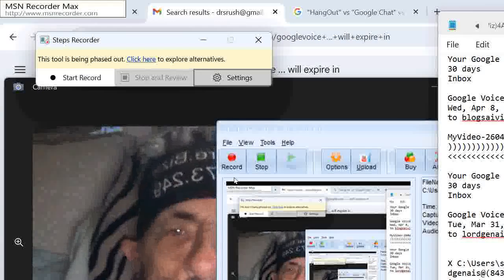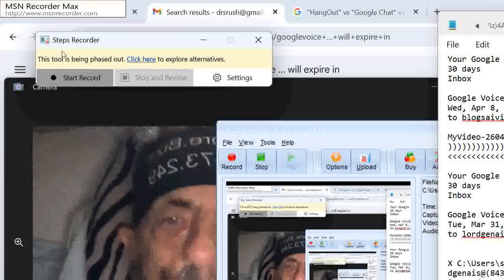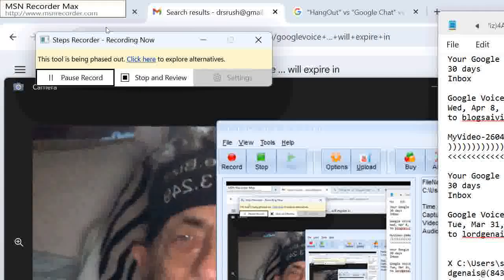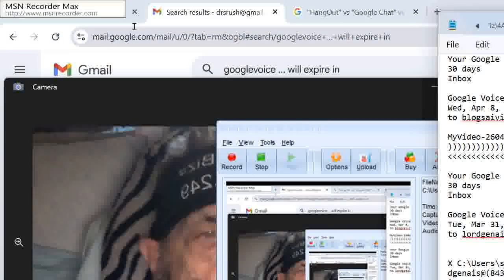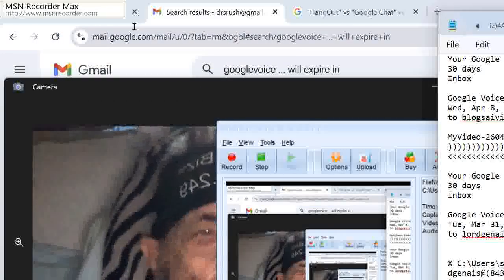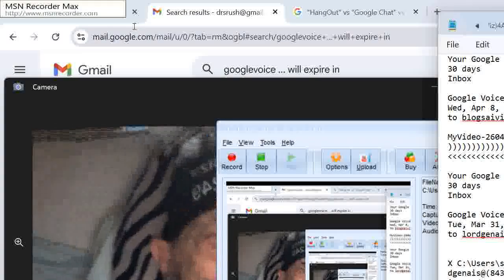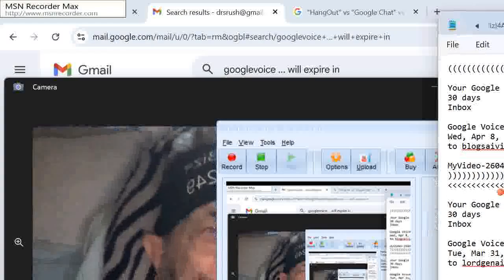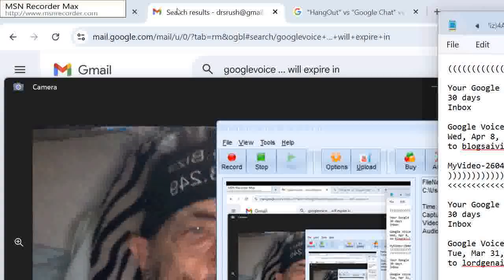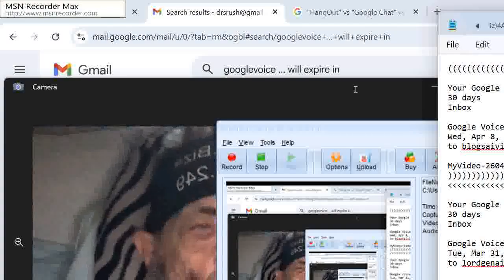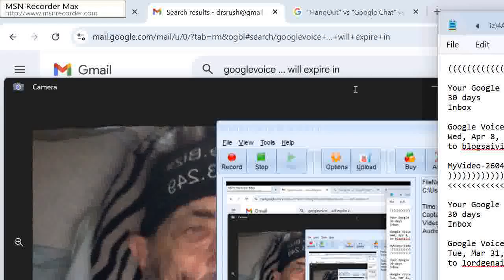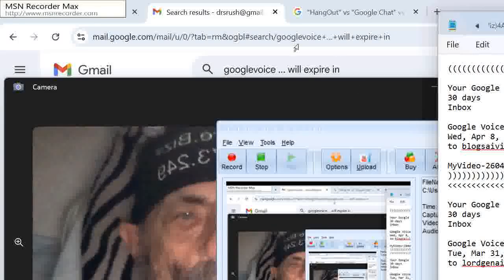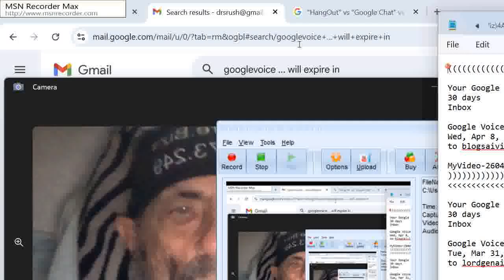Before I start recording, I want to make sure that the setting will be upgraded from the default of 25 to 999 number of recent screen captures to store. I select OK, and then I select start recording. I'm going to then minimize it so it doesn't take so much space on the screen, and proceed to the